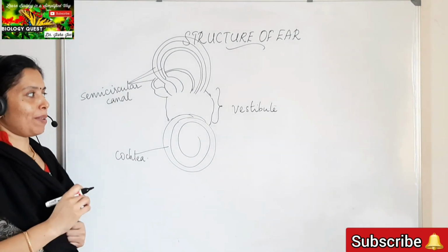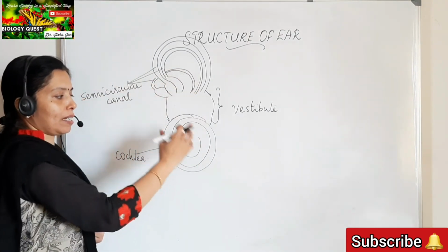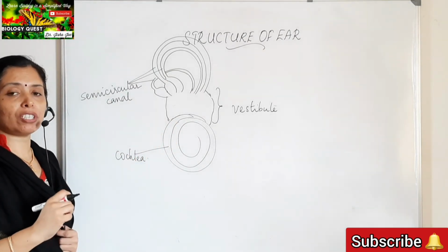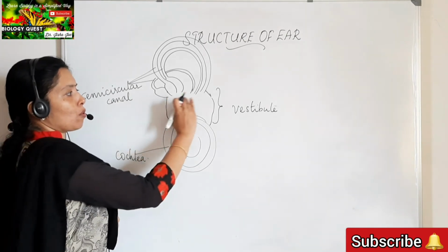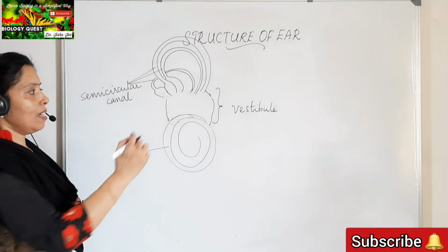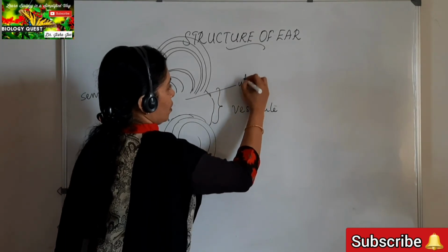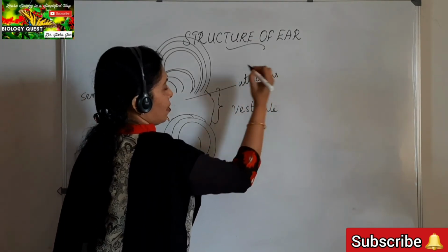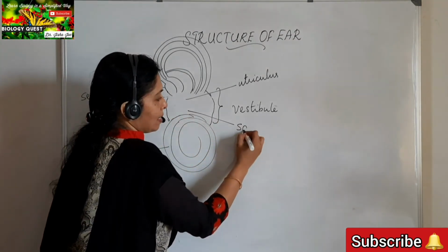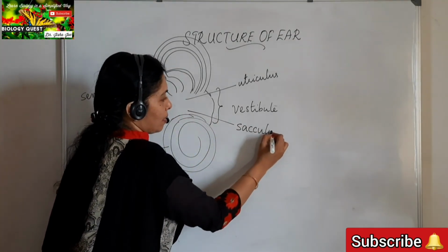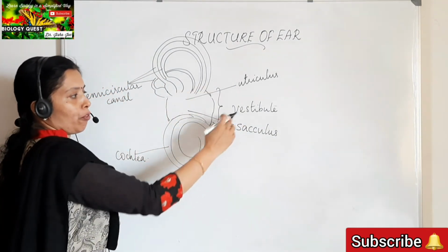This vestibule, the short stem that joins the semicircular canal with the cochlea, is differentiated into two regions. Which are the two regions? The region close to the semicircular canal is called the utriculus. And the lower region is called the sacculus. Both together form the